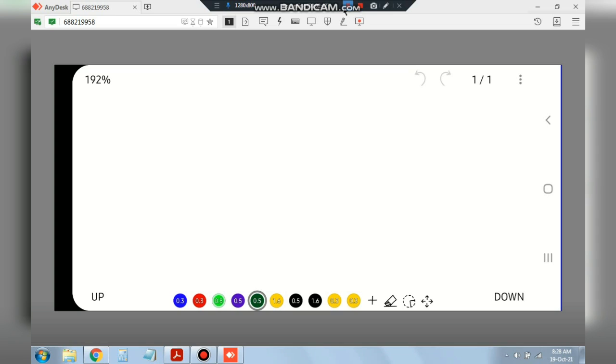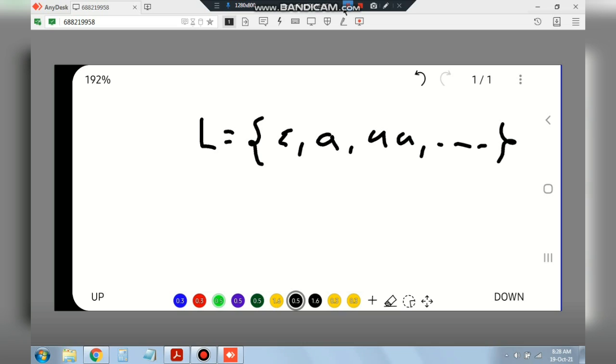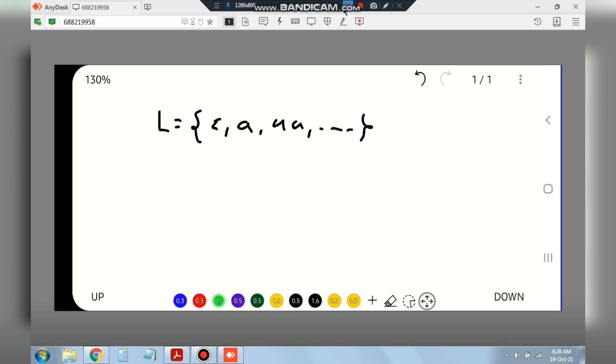Firstly, in this set, what we have is epsilon. So this is the language: epsilon first, then A, AA, and like that we can have n number of A's. Now to generate epsilon, we have to start with a capital letter, right? In most cases we'll be starting with S. To write the context-free grammar, first we write S, then make an arrow. Since the first symbol is epsilon, I'll write epsilon here. So S goes to epsilon.